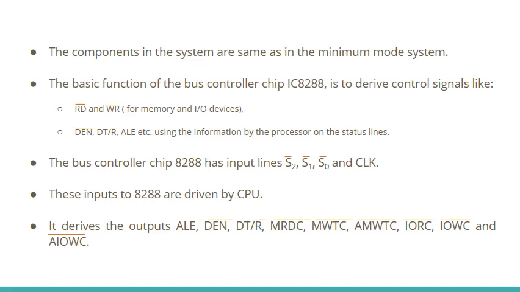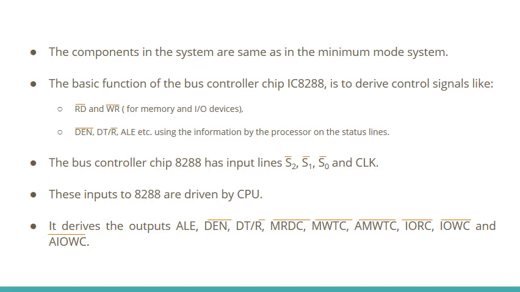control signals, to derive the various control signals. The various control signals are the RD bar and WR bar, that is the read and write signals for memory read, memory write, and IO write and IO read. And also it has the other control signals such as the data enable signal, that is the DEN bar signal, the data transmit receive signal, that is the DT/R bar signal, the ALE signal, that is the address latch enable